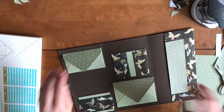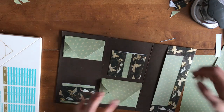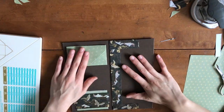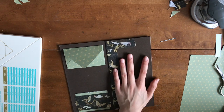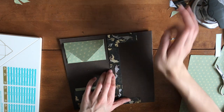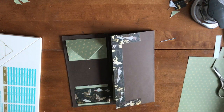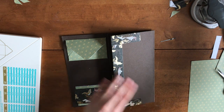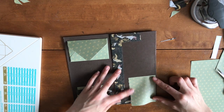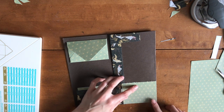All right, so we have 2 envelopes, 2 little pockets, and a big pocket for whatever. The next thing I'm gonna do, this is totally optional, but I had it because I wanted to stuff as many goodies as I could for that swap. I'm gonna add something here. What I did for that is I took a piece of paper and I just kind of taped it down,